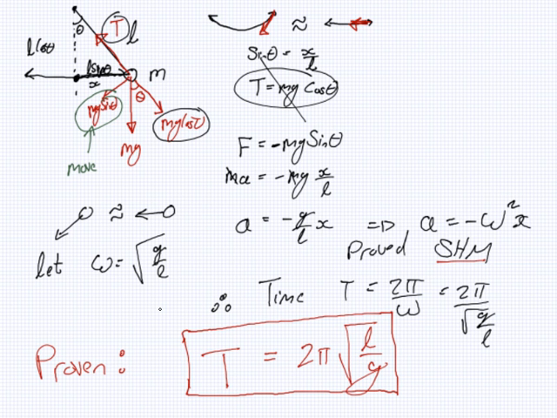So what happens if you increase the L? What happens to the time? It increases. And if you increase the G? Decrease, yeah. If you decrease the G, it increases. So where would the pendulum need to be so that the G is smaller? You send the pendulum to the moon. Then you've decreased the G. So on the moon, the time is bigger.